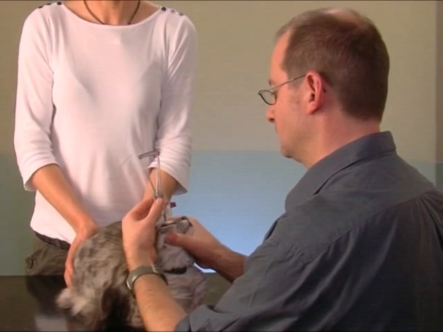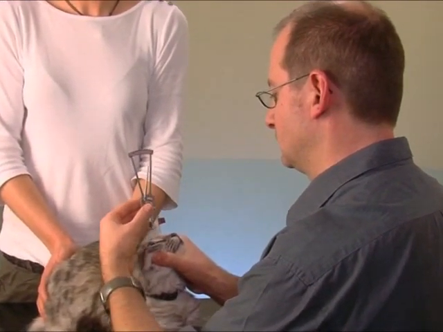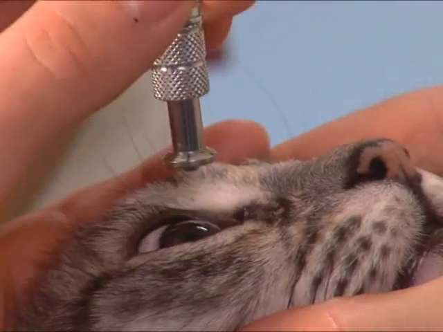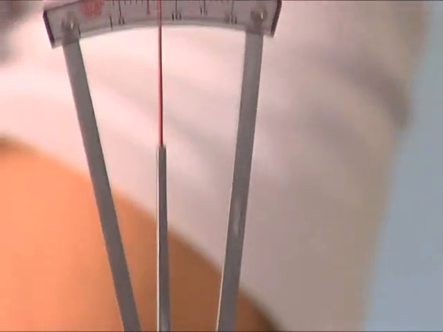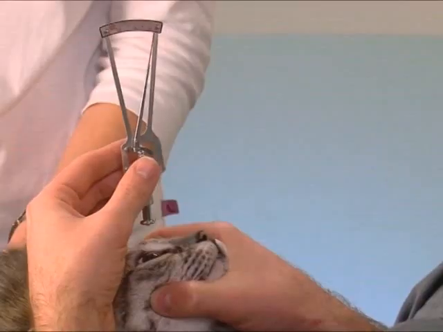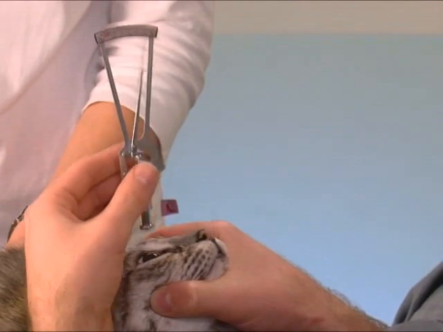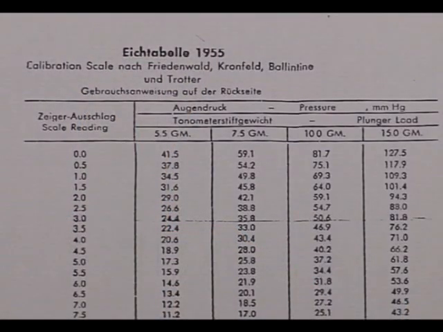To perform the test, the animal's head is held upright and the plunger is applied to the cornea several times, ensuring that the readings are consistently the same. A conversion table provided with the kit is then used to convert the reading on the gauge into a measurement